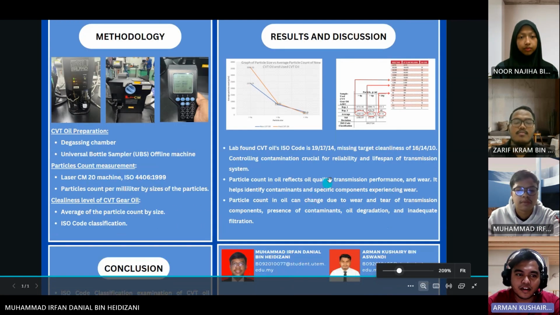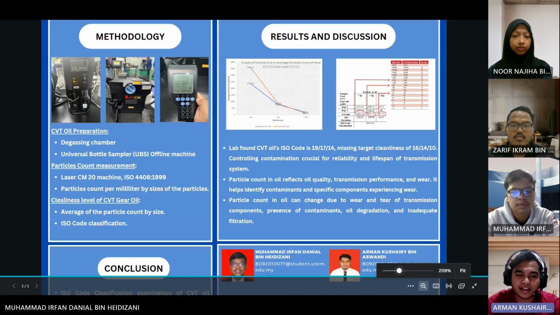Okay, so for the relation of particle count to the quality of oil and performance of transmission: the particle count in oil directly affects oil quality and transmission system performance by measuring the total contaminants in the oil itself, such as wear debris, dirt and dust. A higher particle count indicates poor oil quality and can lead to increased friction, wear and component degradation. Contaminants can clog filters, impair lubrication, and cause system failure. Regular monitoring, analysis, and maintenance are necessary to maintain low particle counts, ensuring optimal oil quality and the efficient operation of